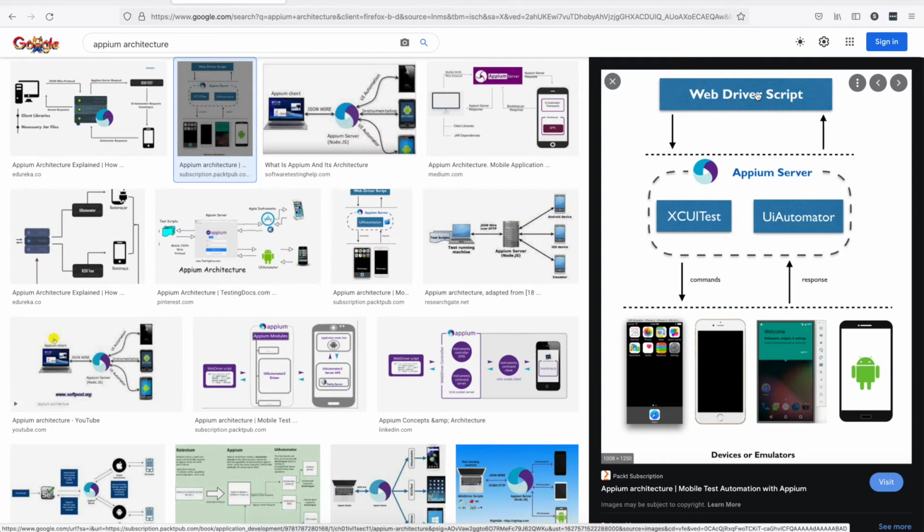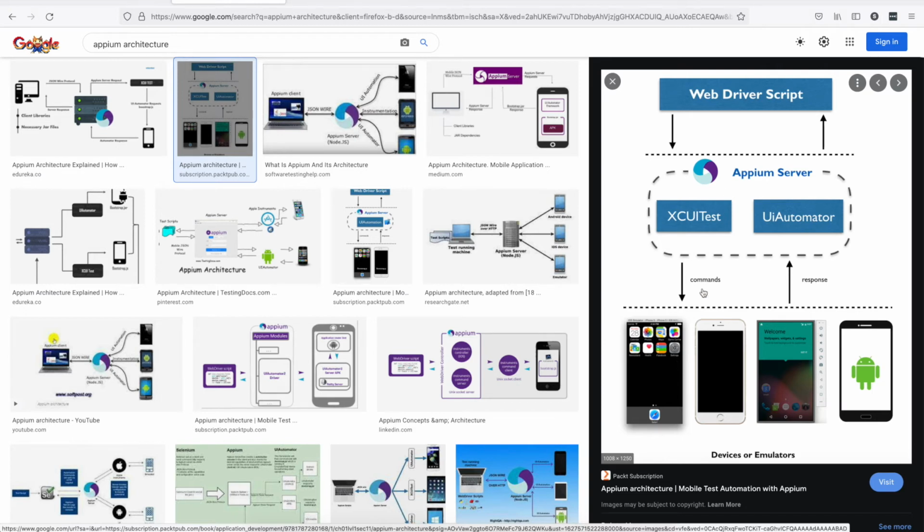Whatever scripts you are writing, maybe in Java, JavaScript, or C Sharp, any script, it is communicating via the APM server, and there are some commands which are given by executors or UI automators. So executors is for automating iOS applications, and UI automator is for automating Android applications. So these are the underlying technologies that APM is using to automate the mobile applications.